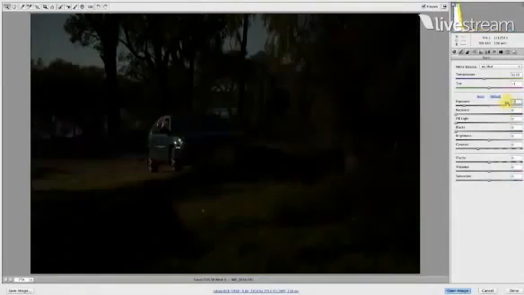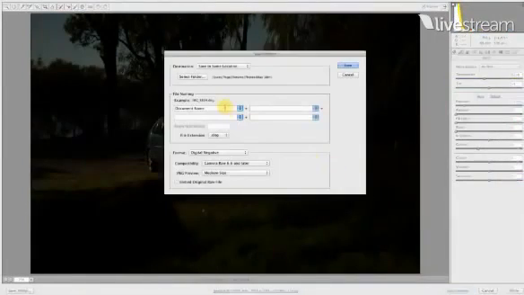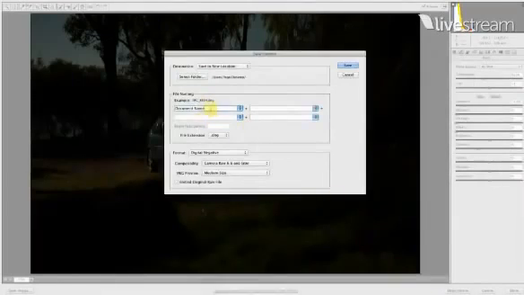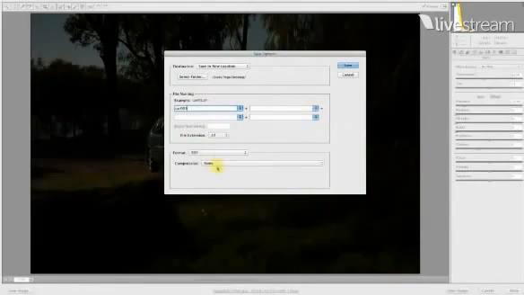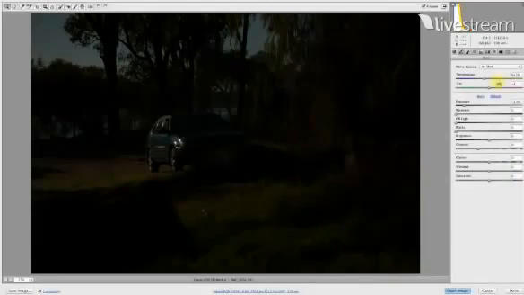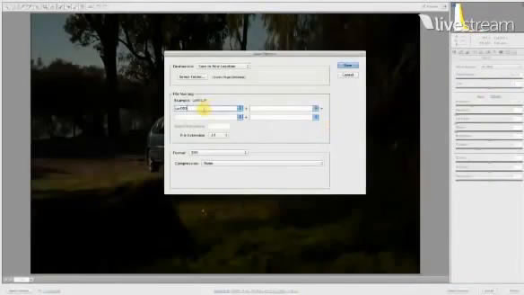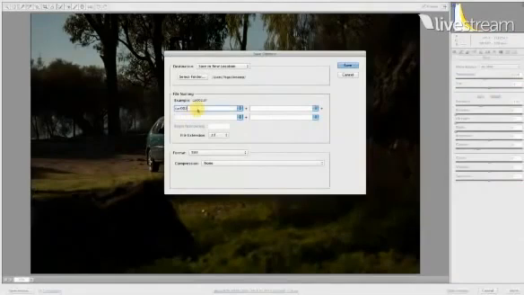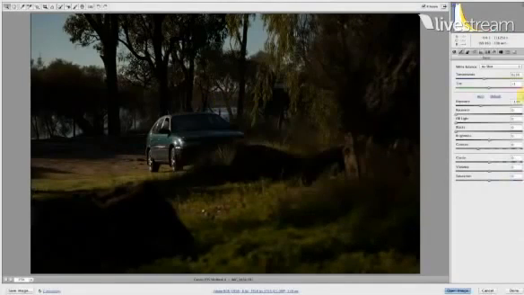So let's go -3. Command S. I'm going to save that out just to my desktop so I know where to find it. I'm going to save this as car1 TIFF file. Save. Okay, then I'm going to go -2. I'm going to save that out as car2. I'm going to go -1. I'm going to save that out as car3. We'll go 0,